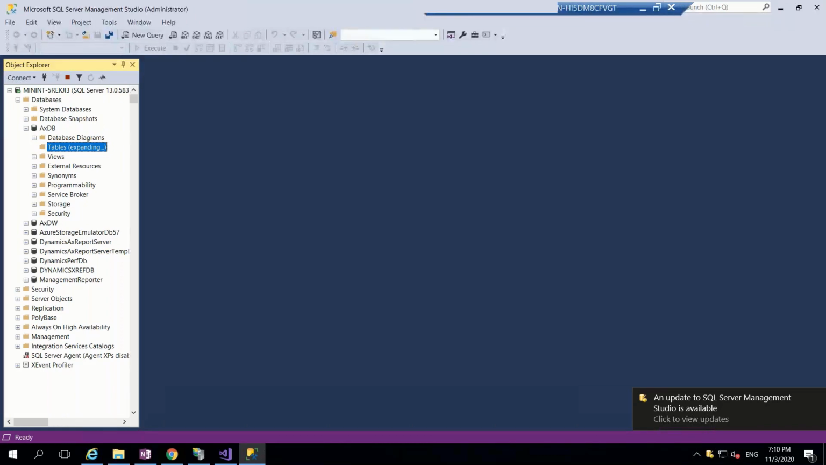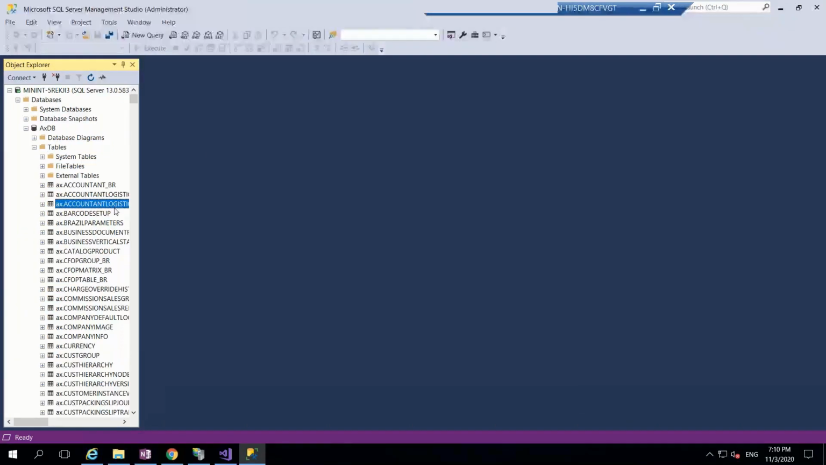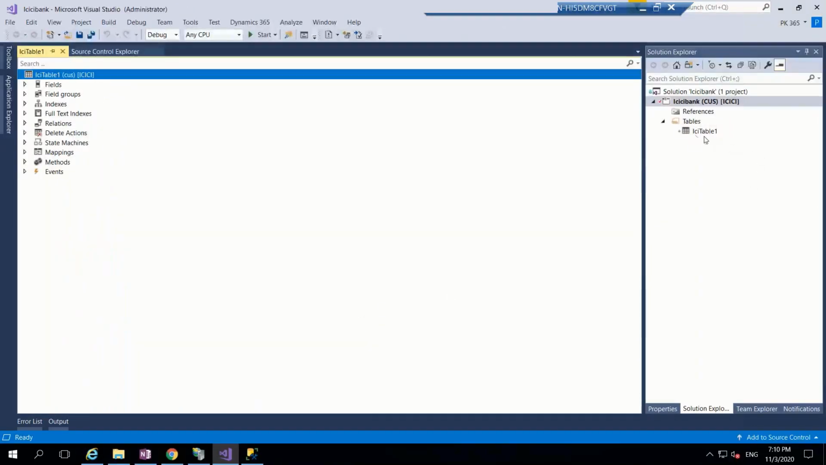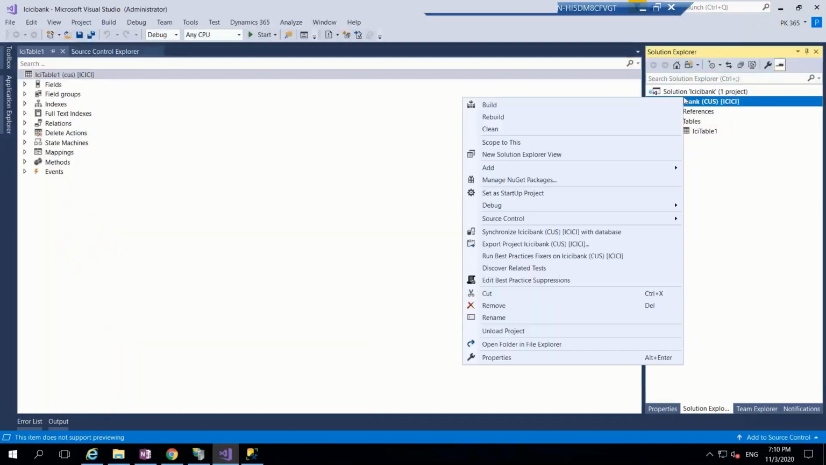Okay, you can take dbo.ici. Oh, it's not there. Then how to get this table? See here, whenever you create a table in Dynamics 365, even if you right click and then build,